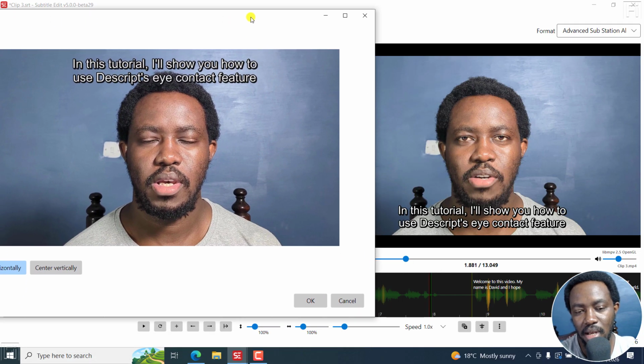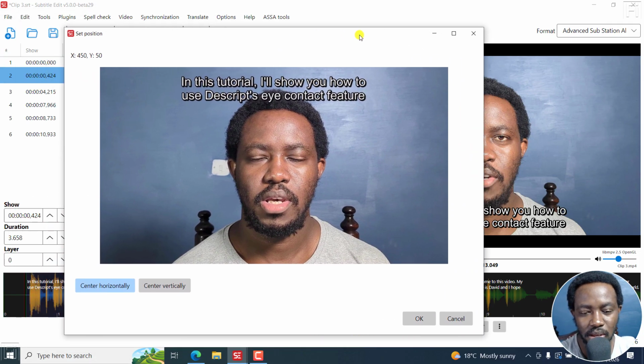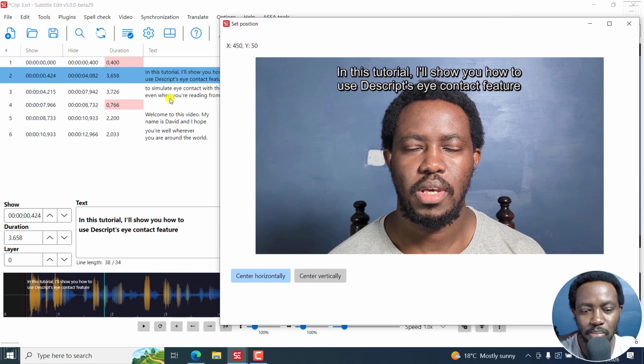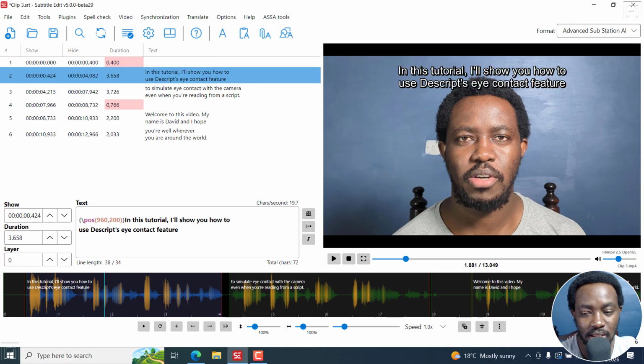But I wish we can get this as well, because I feel that the setting position and the alignment feature can go hand in hand. So those are just my thoughts, a feature request for setting position to be added to work together with the